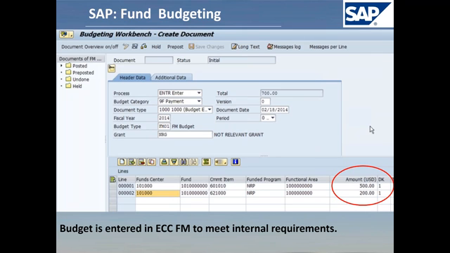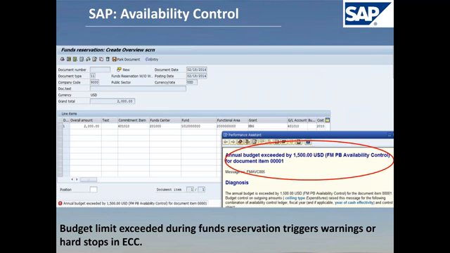So your organization wins an award or grant from a state agency, so you need to budget the grant per the sponsor's external requirements, but you also want to budget for your organization's internal requirements, such as cost sharing. So SAP FM, or Funds Management Budgeting, is where you'll enter your budget in ECC FM to meet all of your internal requirements. One of the controls that we have for budgets, both in FM and GM, is we have a budget limit